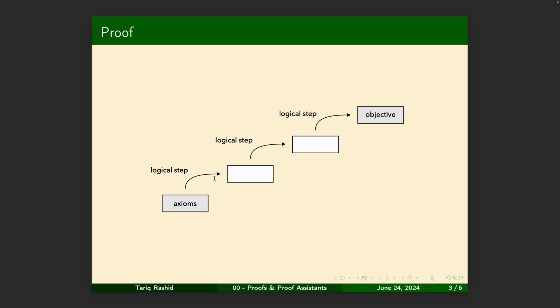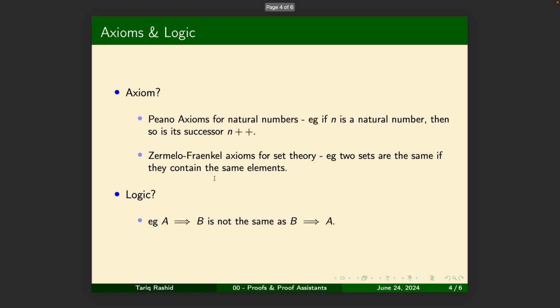So the axioms are the foundation and the things that we all agree, and then we build up mathematics from those axioms using logical steps. Now you can imagine those axioms are really quite low level, fundamental. So saying something like the square of a real number is positive, that's not an axiom, it's not fundamental enough. So to give you a flavour of axioms,